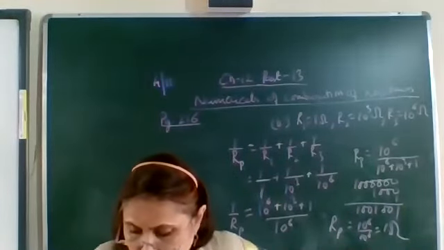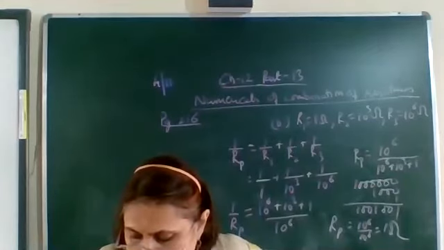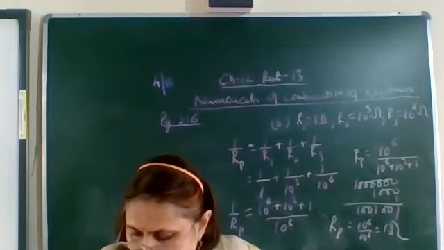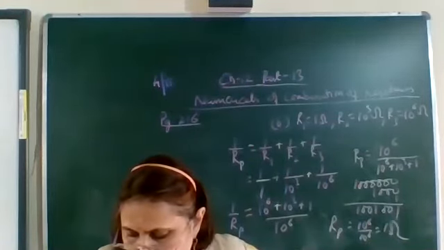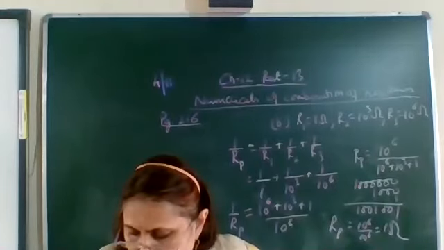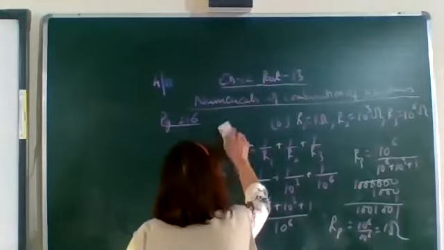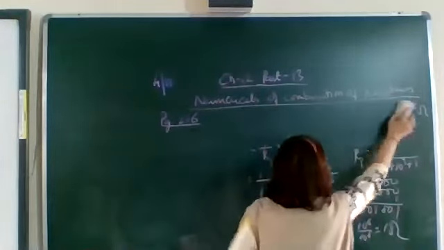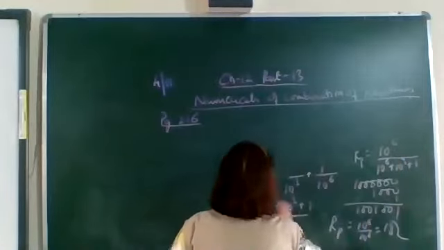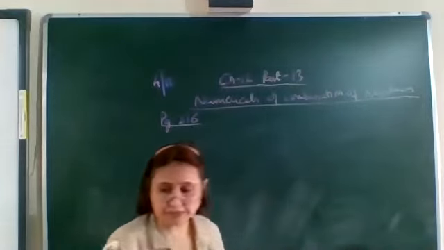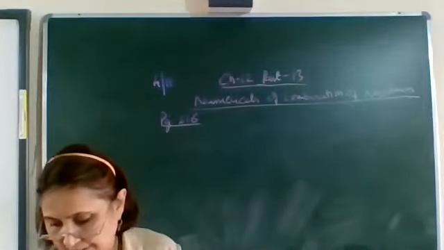Next is question number 2. An electric lamp of 100 ohms, a toaster of 50 ohms, and a water filter of resistance 500 ohms are connected in parallel to 220 volts. What is the resistance of the electric iron connected to the same source that takes as much current as the 3 appliances, and what is the current through it? So here given that question number 2. There are 3 electrical gadgets, 3 components which are connected in parallel. First we'll find out the equivalent resistance, then we'll proceed with the question.